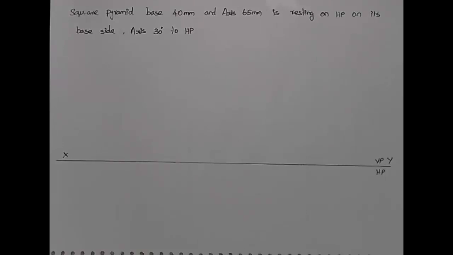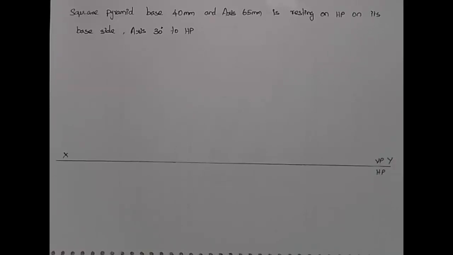Second thing, you have to draw the polygon. The polygon will be viewed in the top view. That is, the polygon will come below the XY line. So let me first draw the top view. In the top view, you can see the polygon with inner sides. That is, the slant edges will be seen from the top view. The next thing, you have to draw the true shape. So where will the true shape come? In the top view only you can see the true shape, and the top view will be drawn below the XY line.